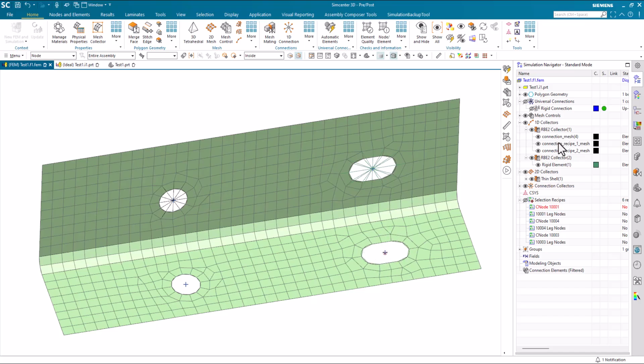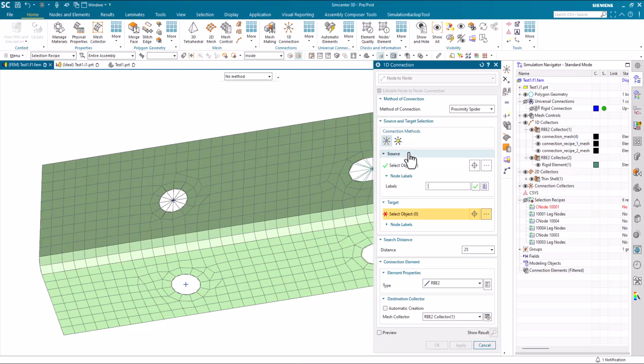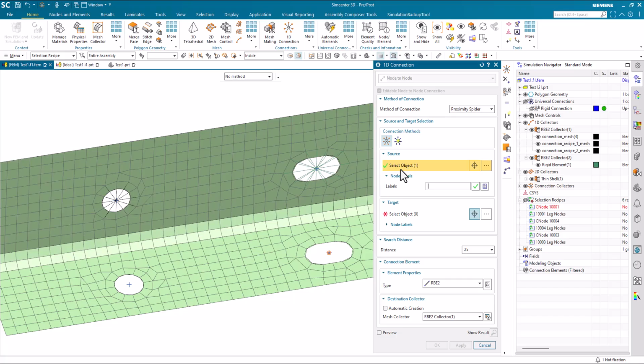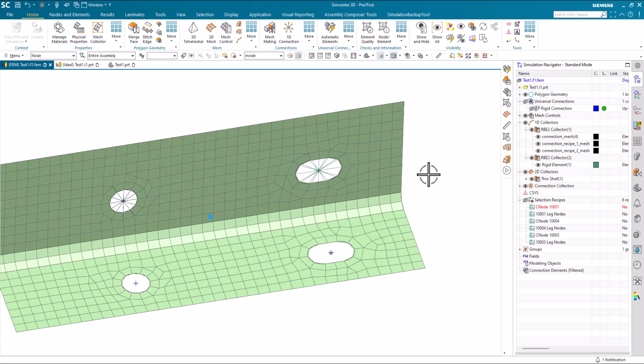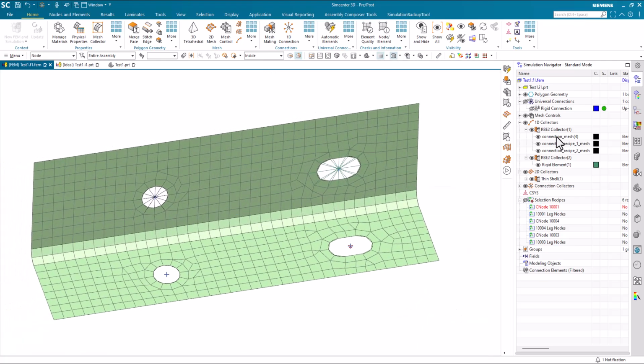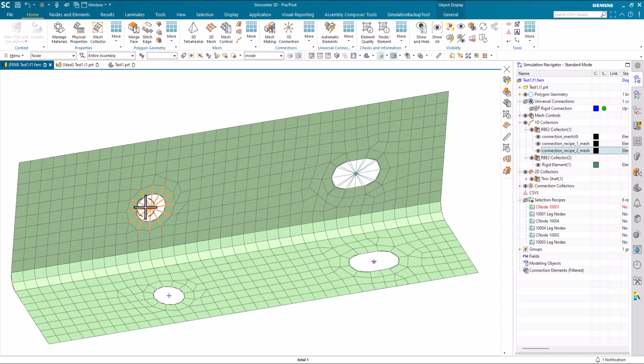But I had that set as editable, so I should be able to edit this. You see that I do have my first node selected here, but all my leg nodes are deselected. So I can go and reselect those and fix my mesh there. My connection here, for my third